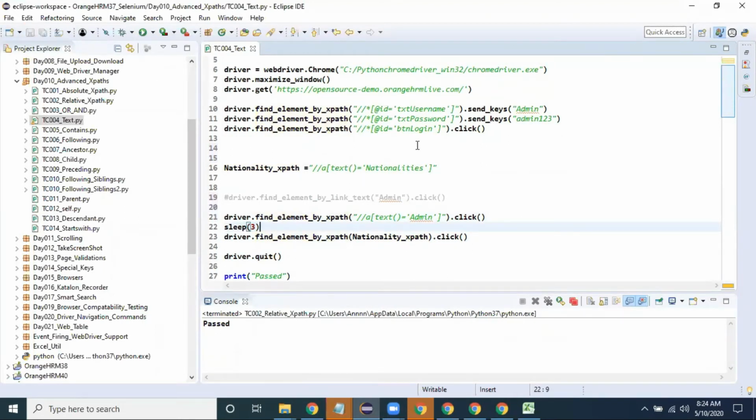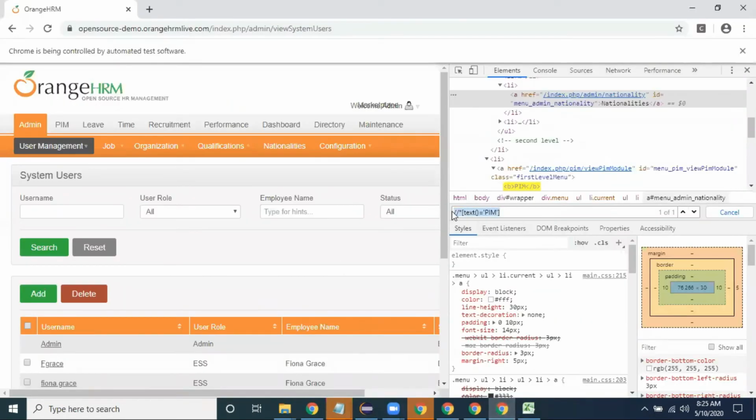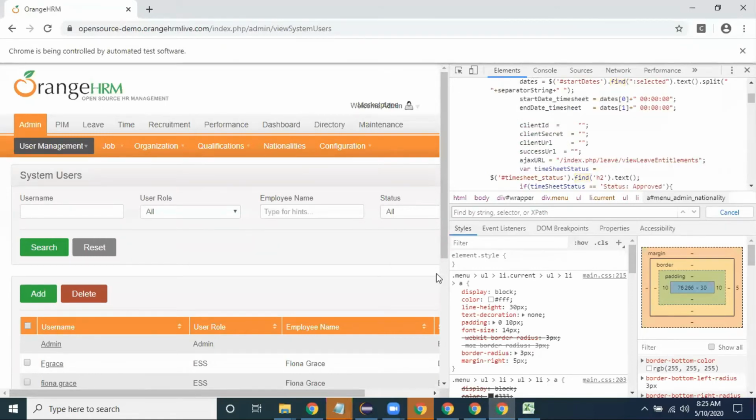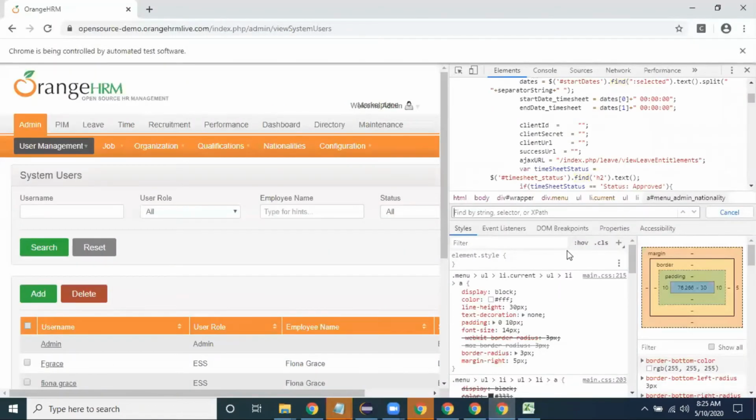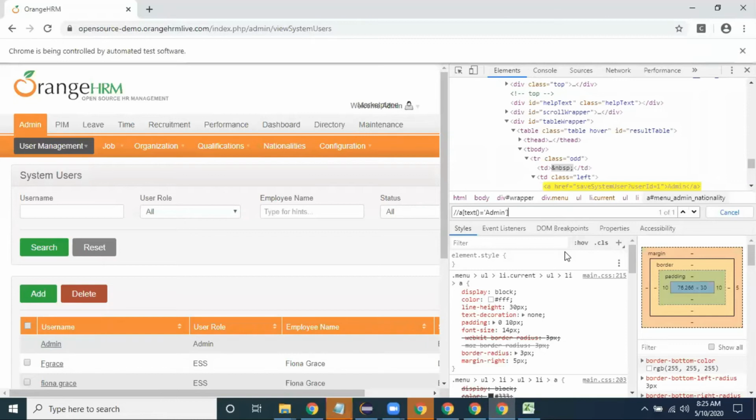So is everyone clear what I'm telling, how to write the text of? I got how to write it, but a bit confused, like what is its advantage? Sometimes you can save your time while writing the XPath. If you want to write shortcutly, you can write it. We are creating a generic XPath based on the text for that element, and you don't need to inspect the UI every time. You can directly start programming. That is one advantage. I will tell you one more advantage.